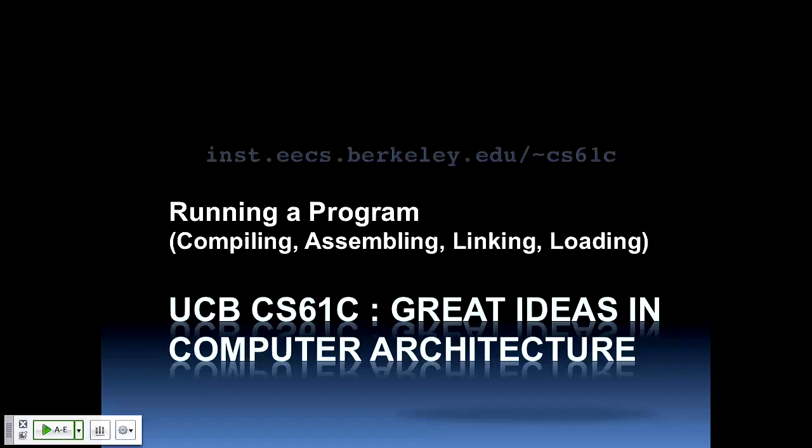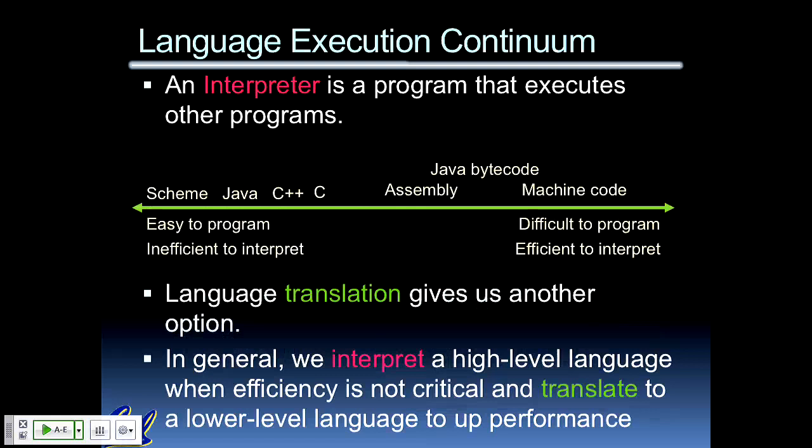Okay, so today we're going to talk about the whole process of compiling, assembling, linking, and loading, everything from writing your text code to getting the thing running on a real machine. So we're going to go all the way through this software tool chain that's between your C code and the actual hardware. So when you want to run a program on a machine, there's a lot of different ways of